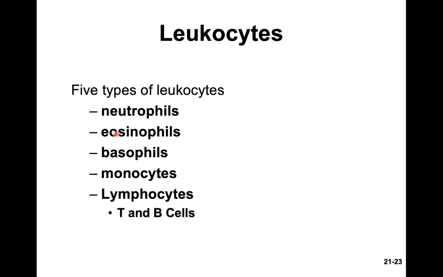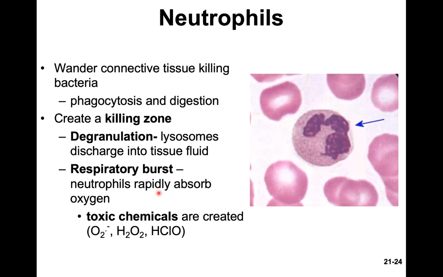We've got neutrophils, eosinophils, and basophils. These three are going to be in the blood. We've got monocytes, which eventually turn into macrophages, and T and B cells as well, and these ones down here are located in the lymph. So first one,